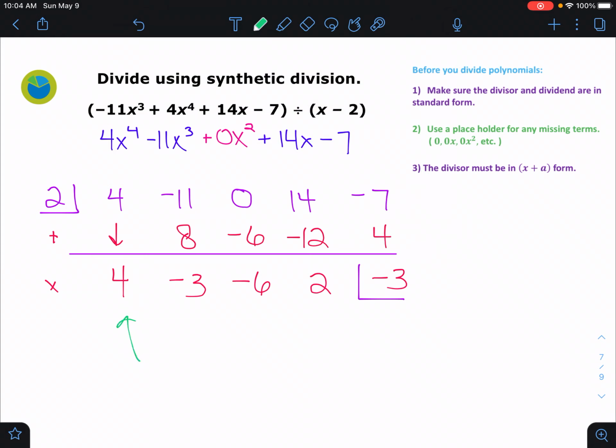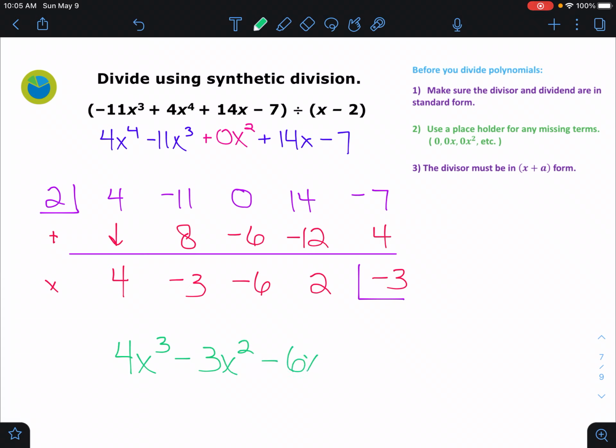remember, my answer should be 1 degree less than what I started with. Well, if I look at this polynomial here, it's a degree 4. Okay, so that means down here, this 4 is going to represent 4x to the third, 1 degree less. All right, so we're going to write 4x to the third. And then each of these just goes down by 1 each time. So this would be minus 3x squared